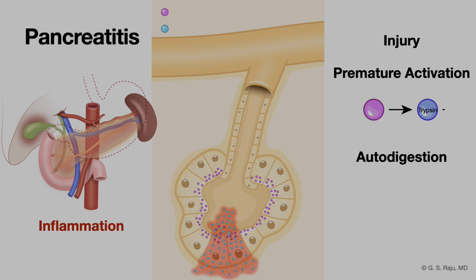That results in inflammation. So when you have inflammation of the pancreas, you will notice that the patient complains of epigastric pain with radiation to the back lasting for several hours, a deep boring pain with vomiting. The inflammation can also set off systemic inflammatory response syndrome. And how do you identify that? When you go to the bedside,